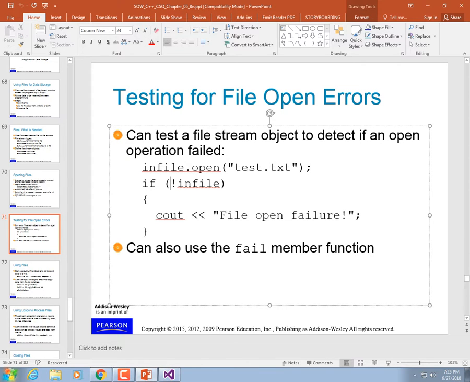In which case it would be something like this: if in file.fail. We'll get that exact syntax going in just a minute. I'd rather see that than just not in file. That's way too C++ specific. It's taking advantage of the fact